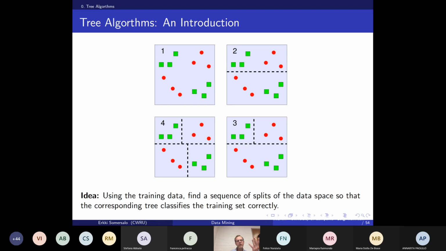You can always try to do PCA and reduce the dimensionality, but if you do PCA, you lose the nice structure of the yes/no type of navigation in the data space, because the principal components are linear combinations of the attributes,